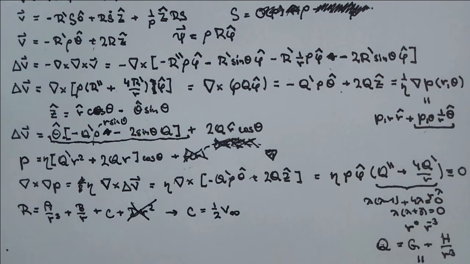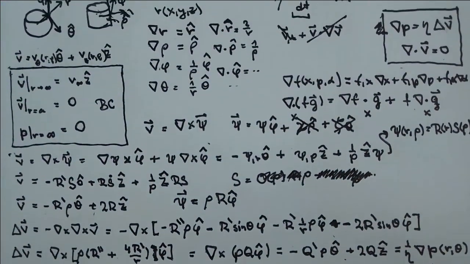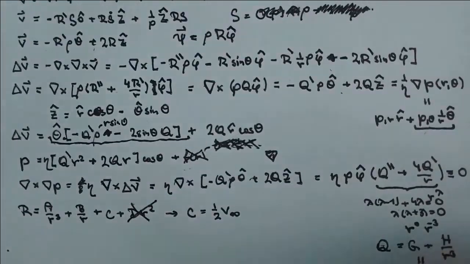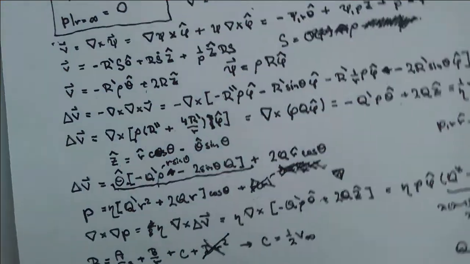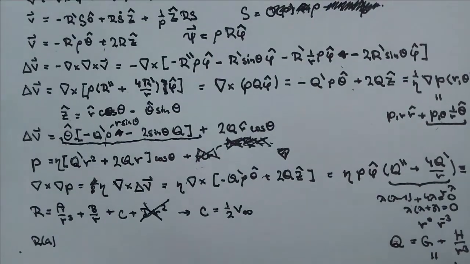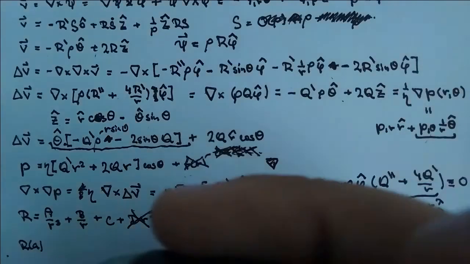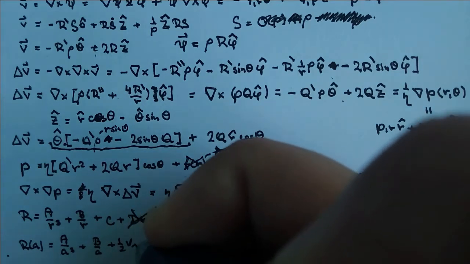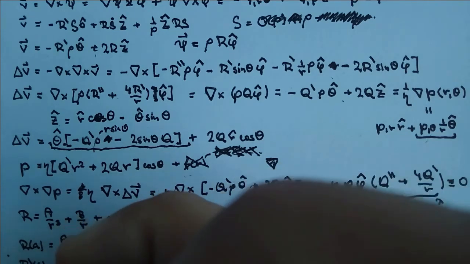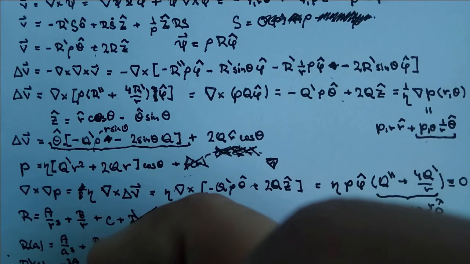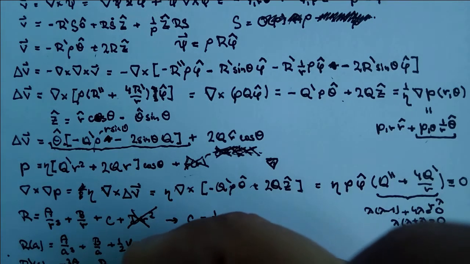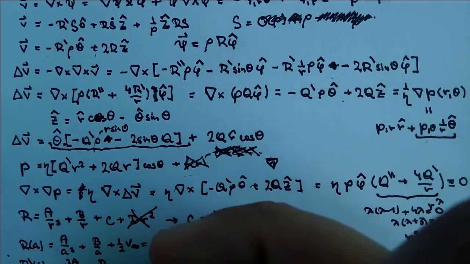The other boundary conditions are these, because at r equal to a, the velocity has to vanish. So r should vanish and r prime should vanish. So r at a is a over a cubed plus b over a plus 1/2 v infinity, and this is going to be 0, and r prime at a is going to be minus 3a over a to the fourth power, and the derivative of this is minus b over r squared, which is after substitution of a,